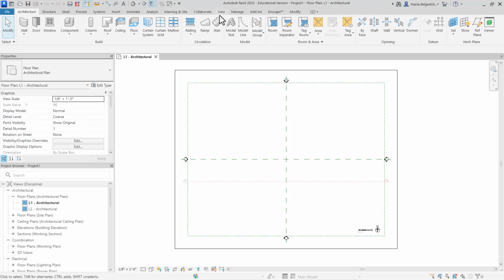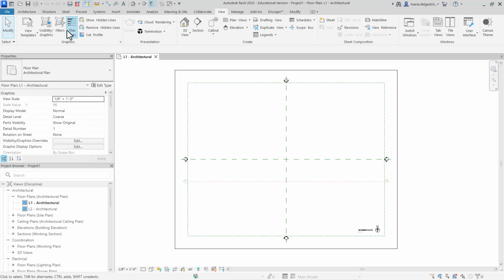The View tab is also an additional tab that we'll be looking at, but here you can control many things like your line weights, the different types of sections, draw a section, identify different views, generate schedules, so lots of different options that are related to graphics, presentations, creations, and sheet compositions. So eventually at the end, once you have something 3D modeled, you'll want to create a construction document sheet, which is a set of sheets that then can communicate your final design.